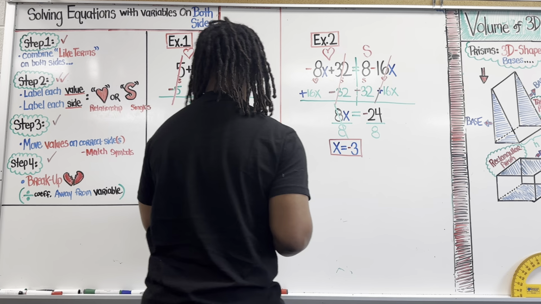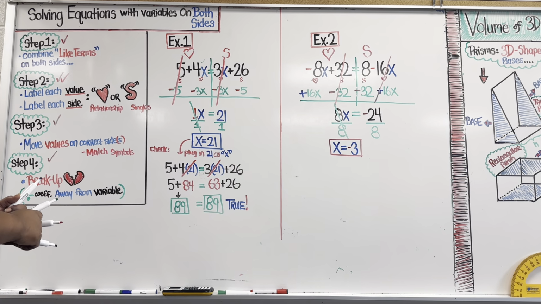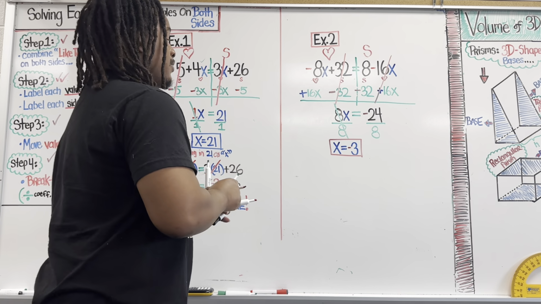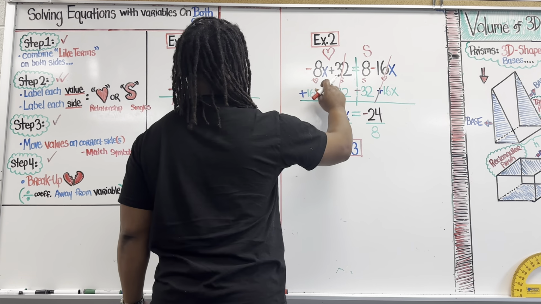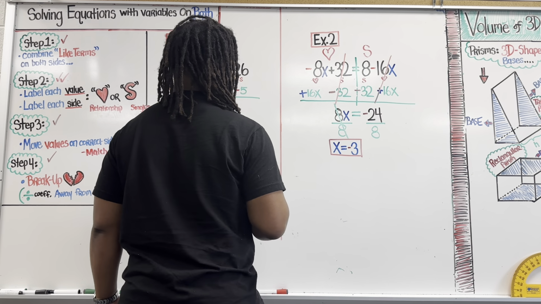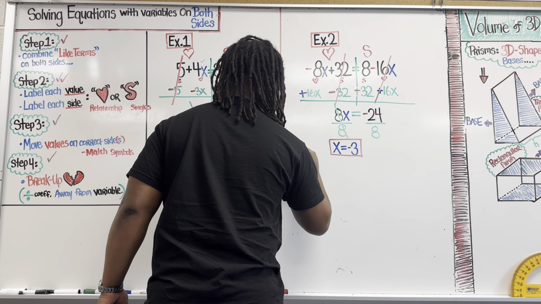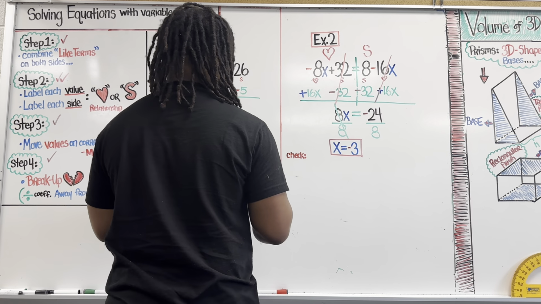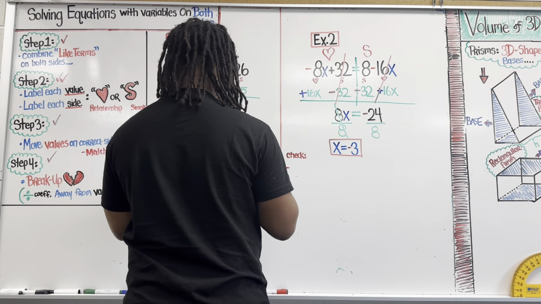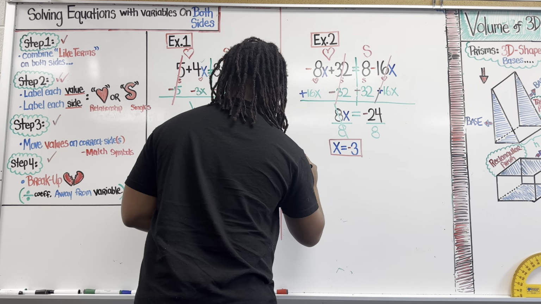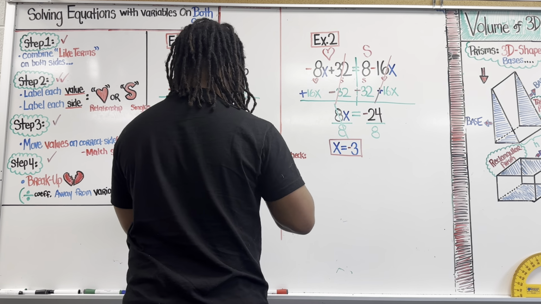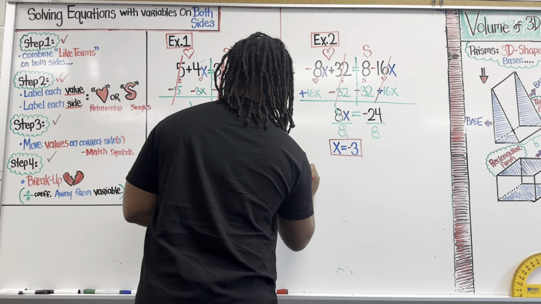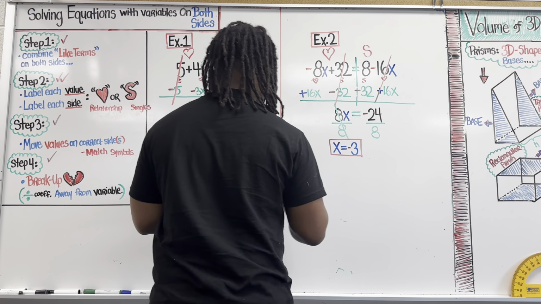Now, the next thing that I want us to do, guys, is check to see if the value of x is correct. All we're going to do is plug in -3 wherever we see an x. It's going to become -3, okay? So now I'm going to rewrite everything. I have -8 times x. So in this case, it would be -8 times -3, right? Plus 32